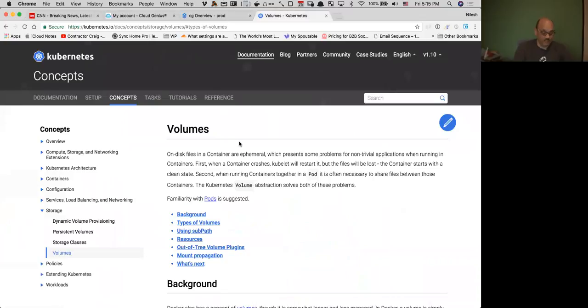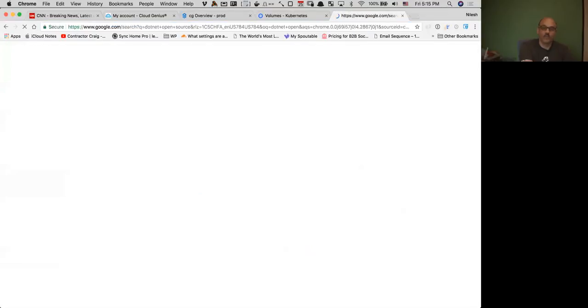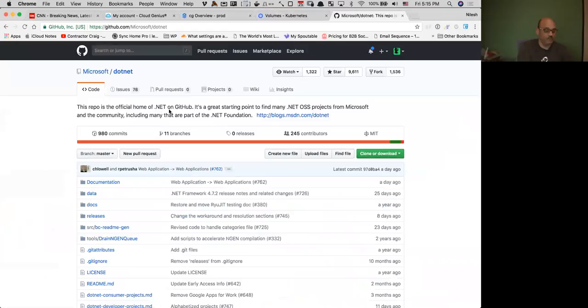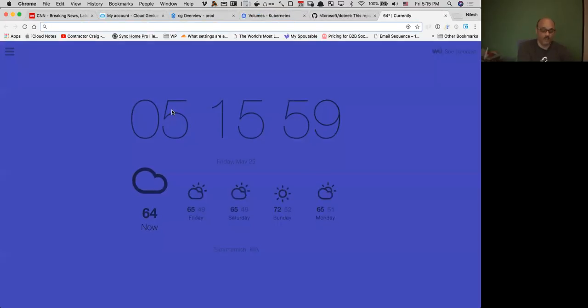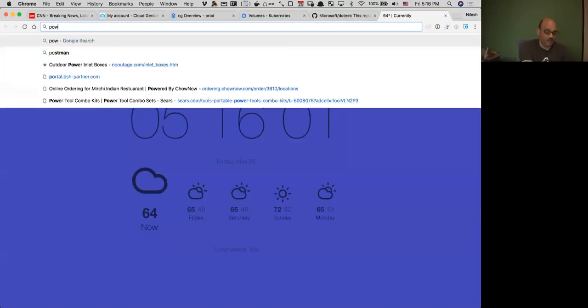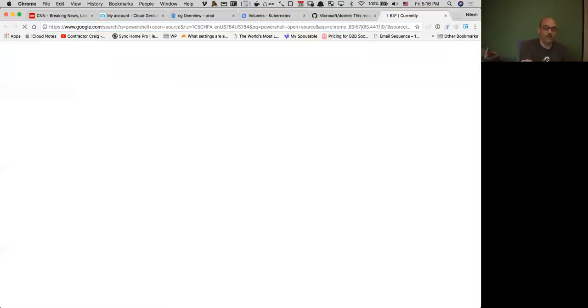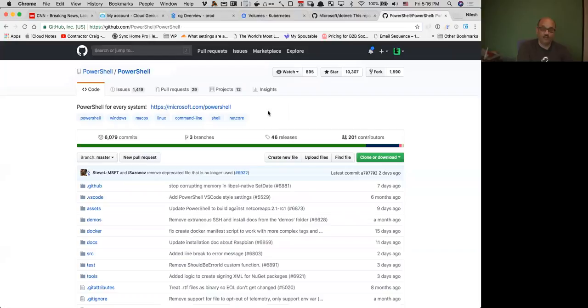I have seen this happening with .NET getting open sourced. You may have heard of it. This is the official repository of .NET open source. You may have heard of PowerShell open source. PowerShell itself is also on GitHub now, right here. And eventually, in maybe a couple of years down the road, you will see Windows open source. That might happen. I don't know. I'm just